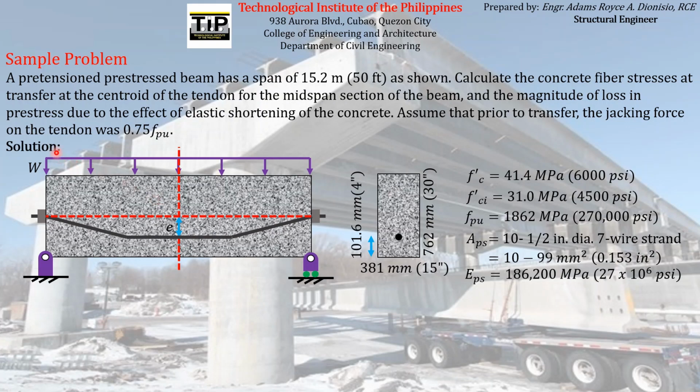So let's start to address the first question, which is the concrete fiber stress at transfer located at the centroid of the pre-stressing reinforcement at midspan, which is this. So since we are already at transfer stage with self-weight, obviously, if we want to find the concrete stress acting at this particular location, located at midspan, we can use this formula that we have shown a